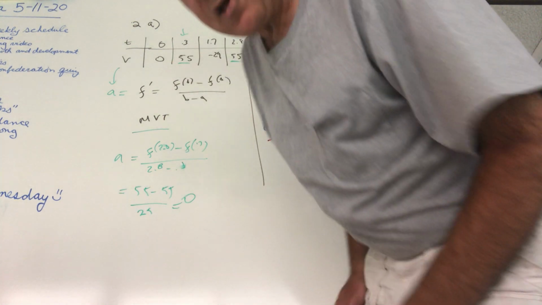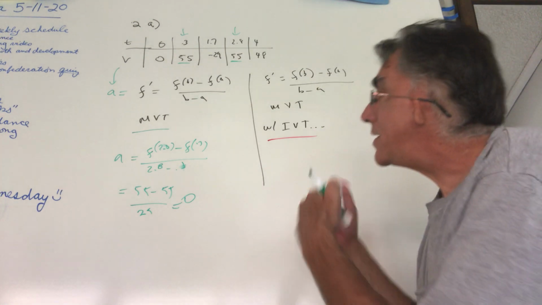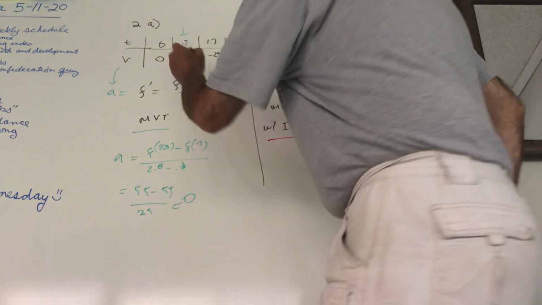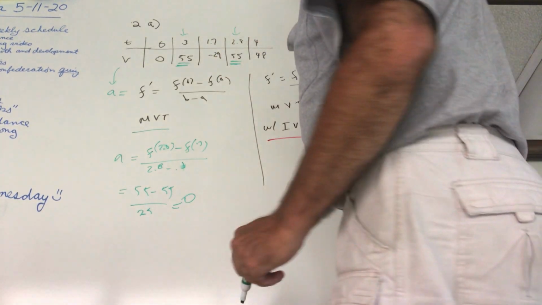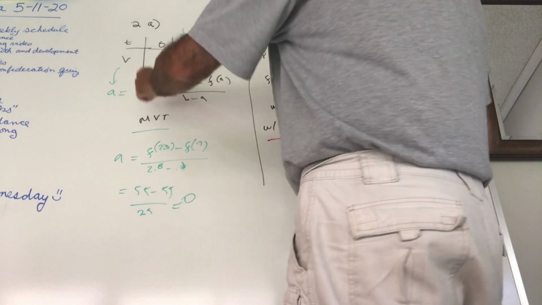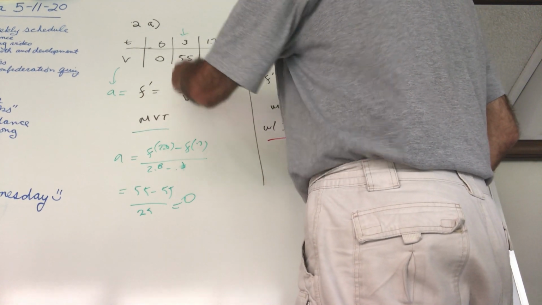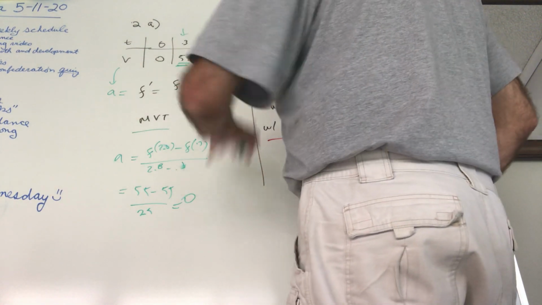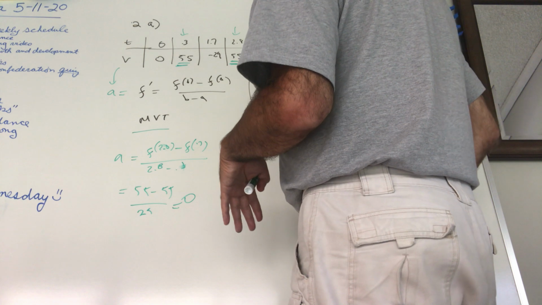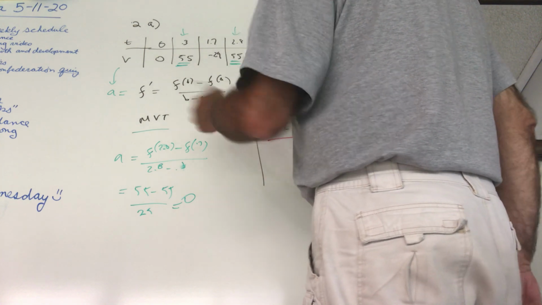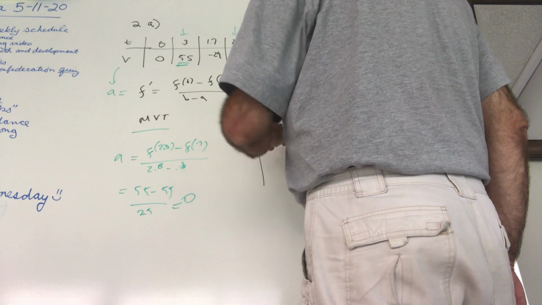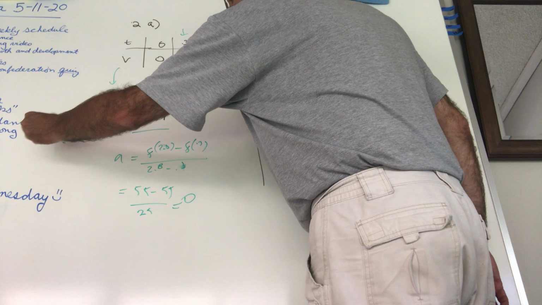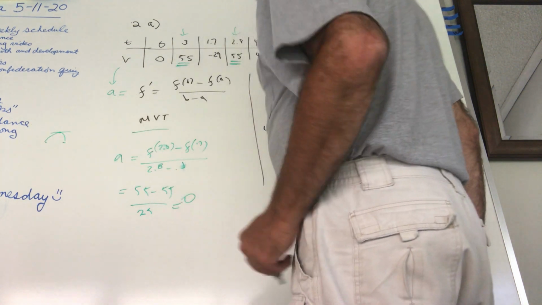Now, as we talked about before, I didn't actually expect them to do these because it's a little convoluted, right? It only works because these both happen to be 55. But that's it. What do we know? The derivative has to equal the average slope somewhere. If the average slope is 0, and this is actually a subset of the mean value theorem called Rolle's theorem, then there's no way that I can have two points like this and not draw it, as long as it's differentiable, so that the derivative was 0